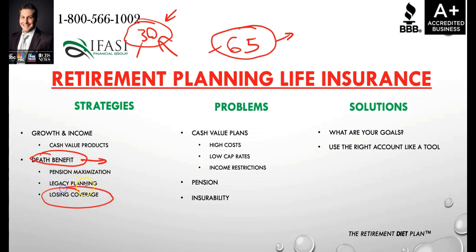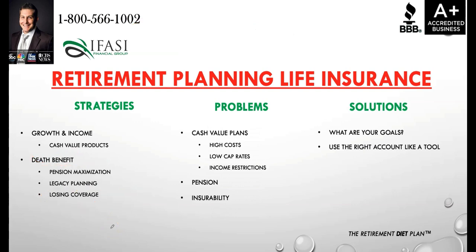If you could potentially be losing coverage, then this is something to take to the drawing board. Say, okay, if I go with my employer plan and they give me some sort of permanent life insurance coverage, how much does that cost on a monthly basis? How much would it cost if I could get a standard rating, a preferred rating, or even a substandard rating? Would that be cheaper than going through the plan at my work? Many times we notice that individual plans are cheaper than work plans, especially if the person is older.